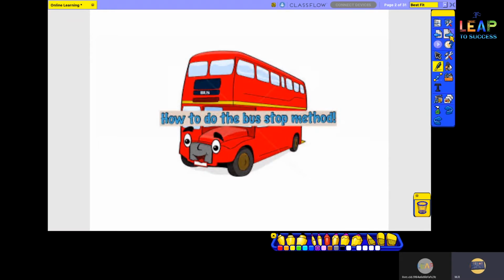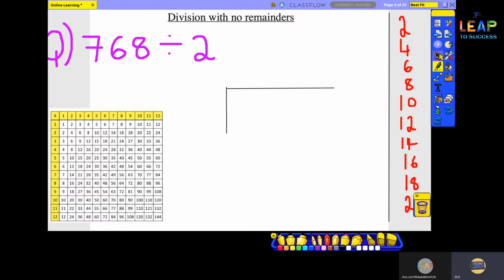Today's episode, we will be looking at how to work with the bus stop method, the short division in particular. All right, so I've prepared a question for us today. This one today, we are focusing on division with no remainders. Okay, so we've got the question